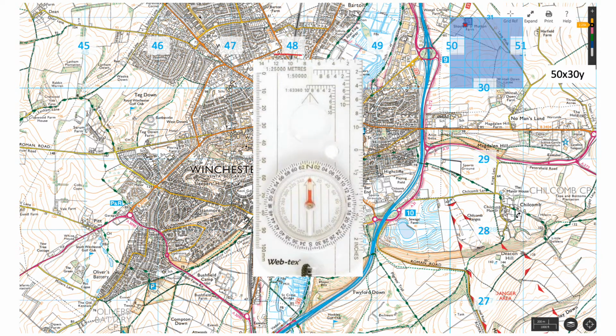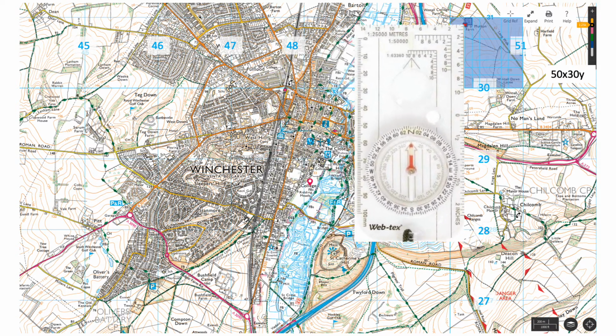Here's an example of a silver compass, and along the edges it has numbers that we can use to help us find the six-figure grid reference. In order to do this, you slide the compass over so the top right-hand corner rests on the feature you're trying to identify. You can then read the numbers off the compass where they intersect with the blue lines of the bottom left-hand corner of the larger square that your map feature is in. In this case, the 50 and the 30 lines cross the compass at the 2 and roughly at the 9. And this gives us a six-figure grid reference for the Shoulder of Mutton Farm of